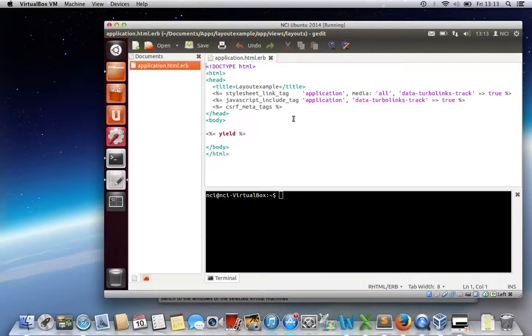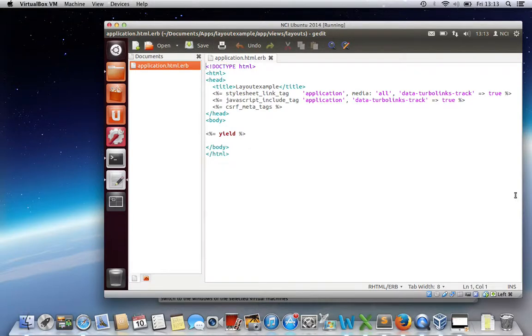Okay, so that jumps us into gedit. I'm just going to close the little terminal window here because we're not going to use it for this example, okay? We can see at the top we have our doctype HTML. We have our head, with our title, which is given as layout example. I'm just going to separate that to make it a little clearer. We have our style sheet definitions and JavaScript, all within head. That's absolutely fine. The most important thing we can see here is that inside the body tag we have our